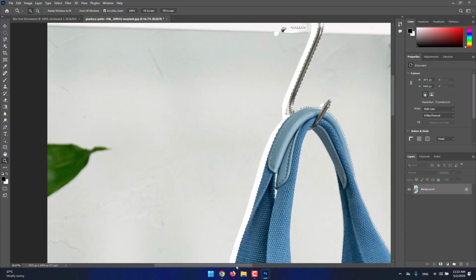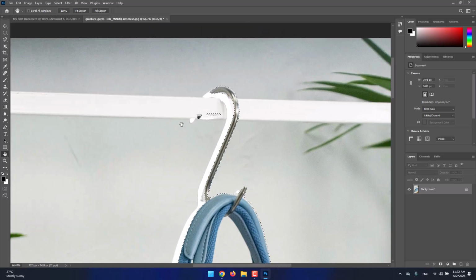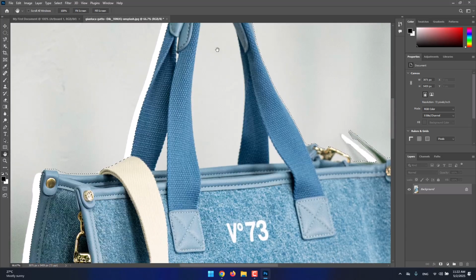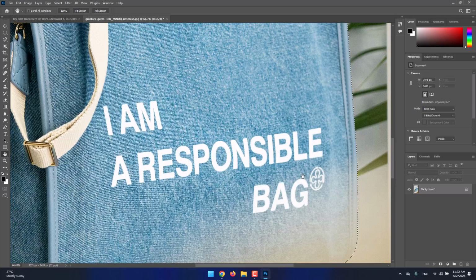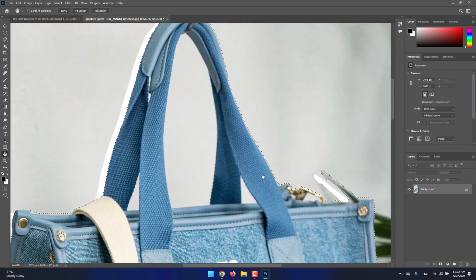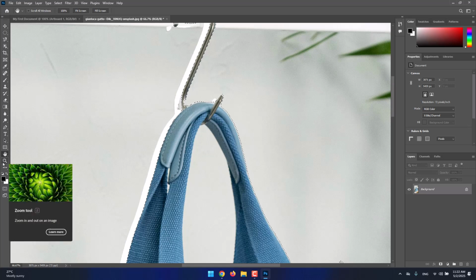But we also have this hand tool over here, which is choosable, and you can click and drag. And as you see, this will basically do the work for you, and it will allow you to navigate through your project. But there's a very, very important point about these two tools. As you saw, we have zoom and we have hand, and you saw how we can use them both to